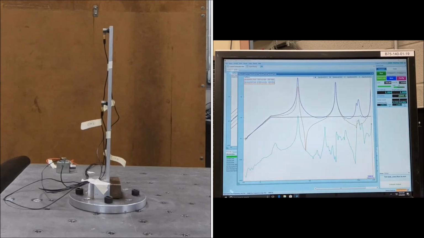So I hope you're able to hear all that through the noise. We're going to move on to the next test, which is a short beam oriented 45 degrees relative to the